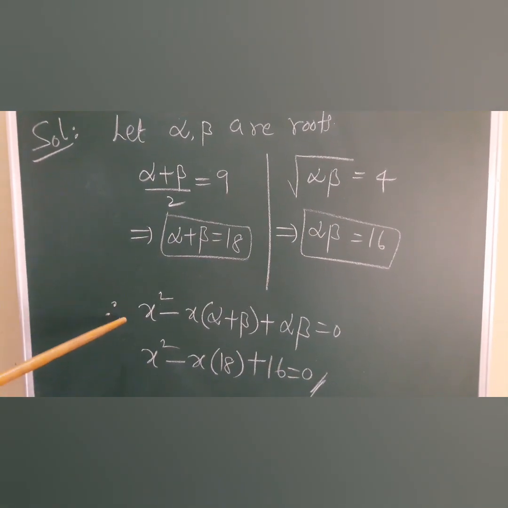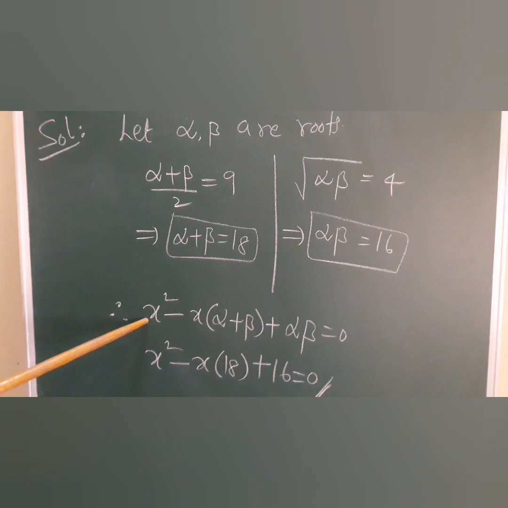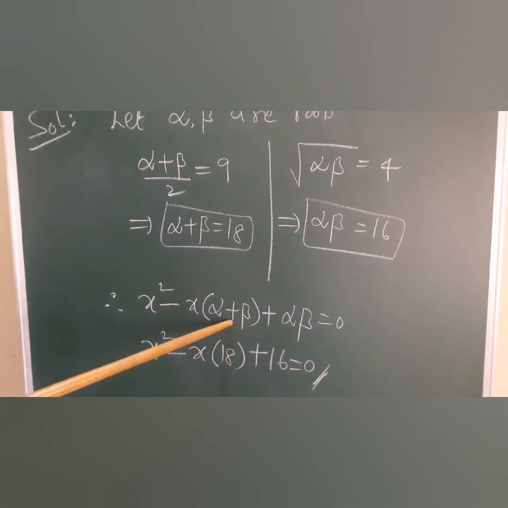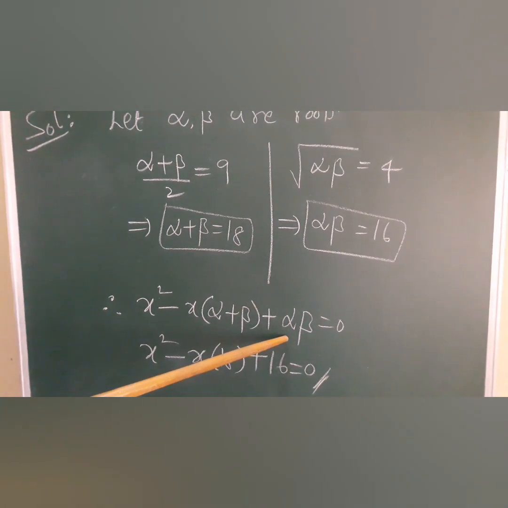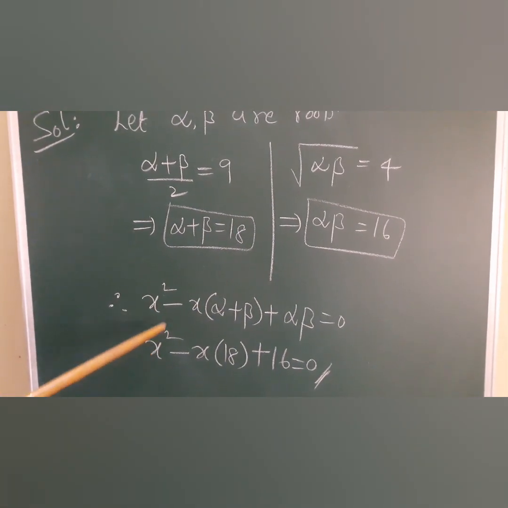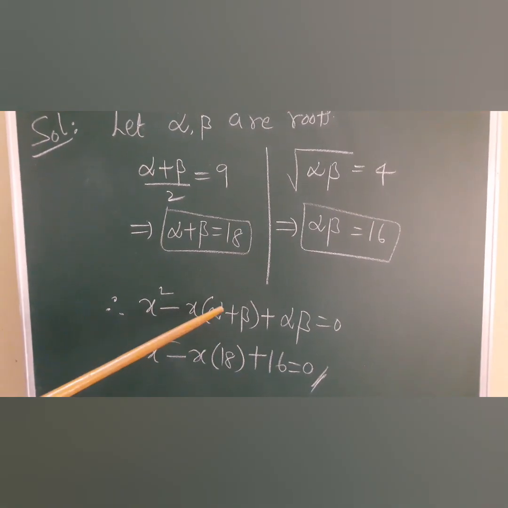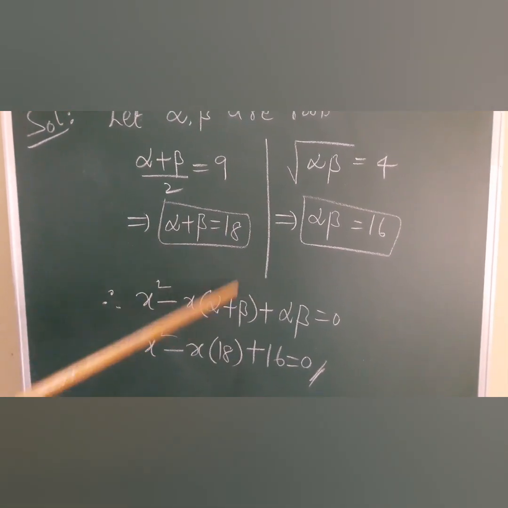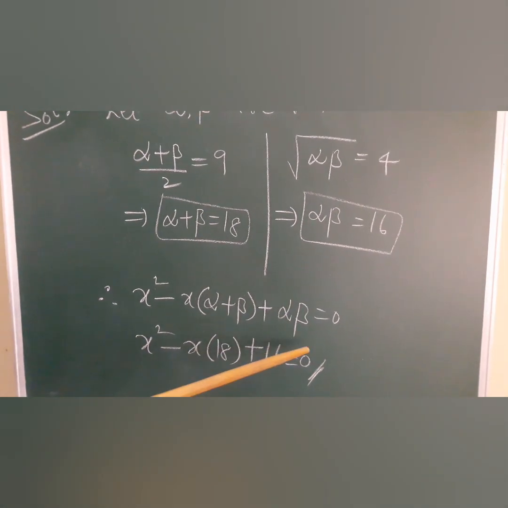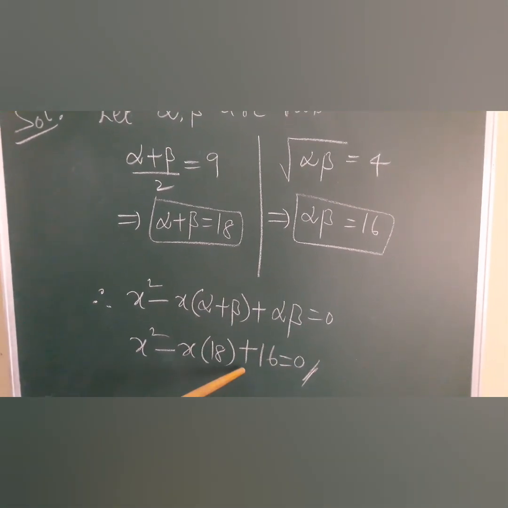Now the required equation is x square minus x into (alpha plus beta) plus alpha beta is equal to 0. Therefore, x square minus x into (alpha plus beta, 18) plus (alpha beta, 16) is equal to 0, which is